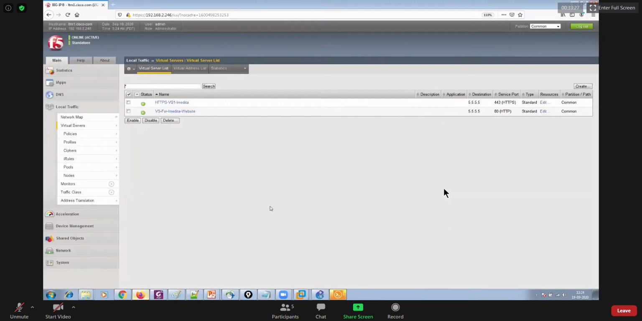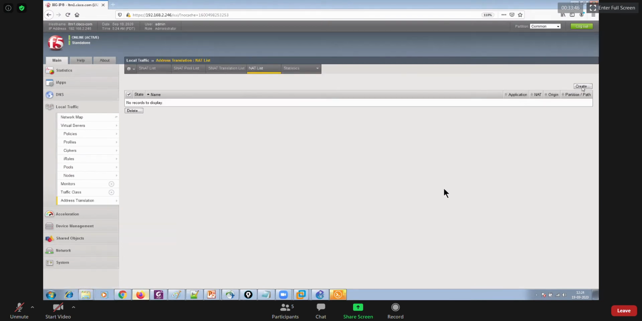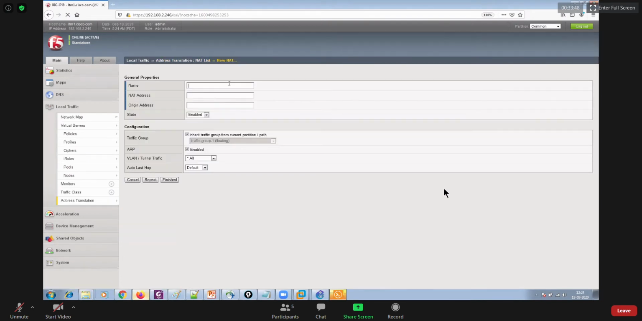F5 load balancer. Thereafter, let's go to the network translation, and then you have so many options like SNAT list, SNAT pool, SNAT translation, NAT list. So NAT list is your static NAT. Okay, NAT list is what? Static NAT. You go there, click on create, and provide some name, let's say